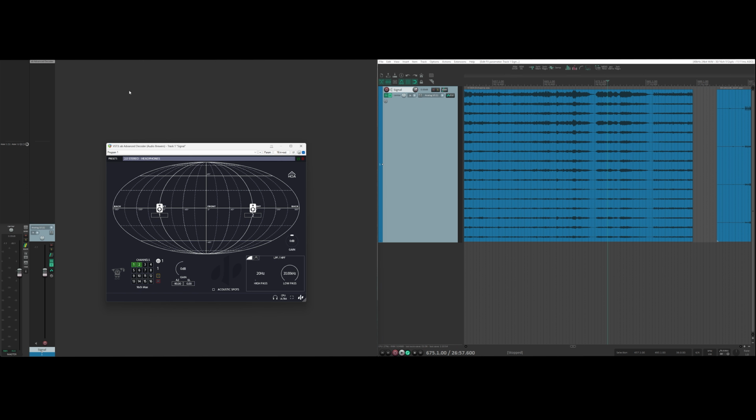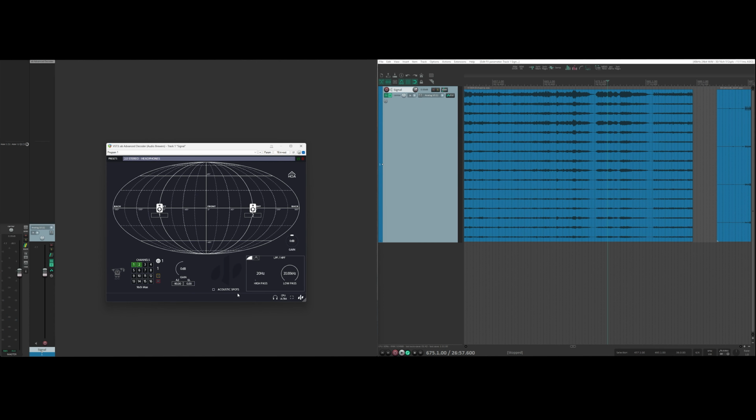Now, let me just explain what I have here and what we're going to do. I have a third order Ambisonics recording of an orchestra, and I have it inserted in a track of 16 channels, which is a track for a third order Ambisonics recording. Right now, I have just loaded one instance of AB Advanced Decoder, and it's working in stereo mode, in speakers mode. So you are hearing a stereo decoding of whatever was going on in the third order